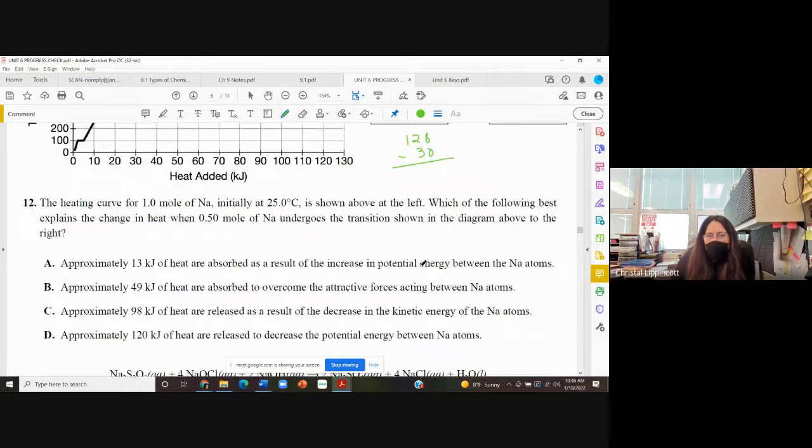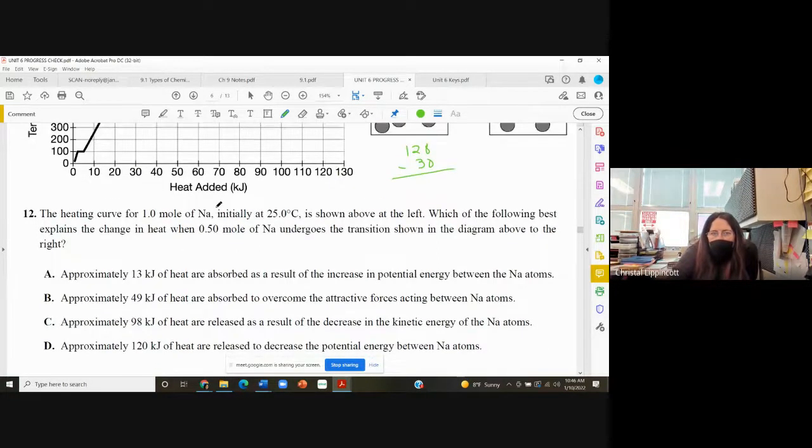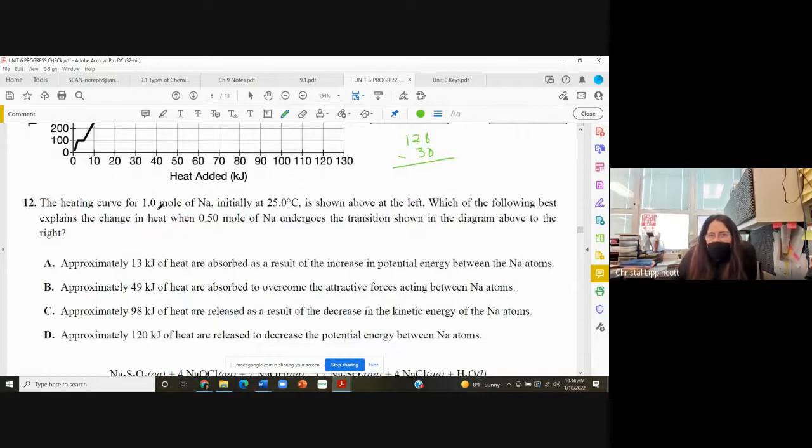Okay. But the problem is that this is the heating curve for 1 mole. You didn't have 1 mole, did you? Yeah. You had half of that. So the half of that, so this is 98. Half of that is